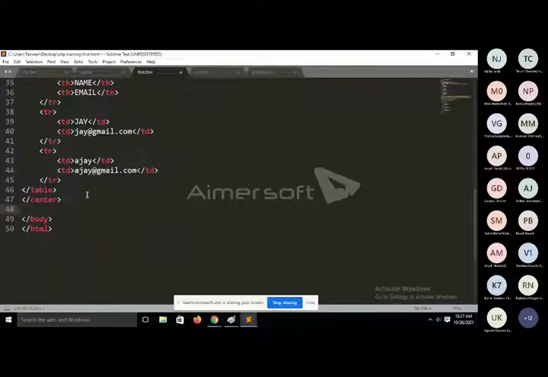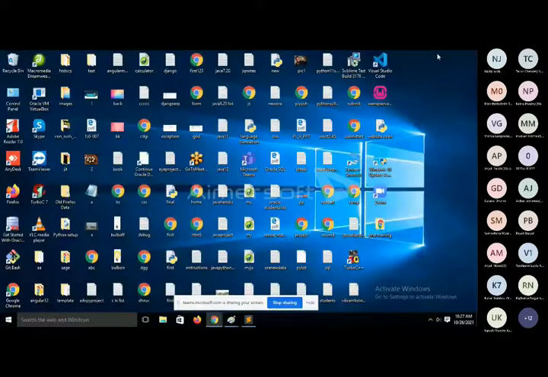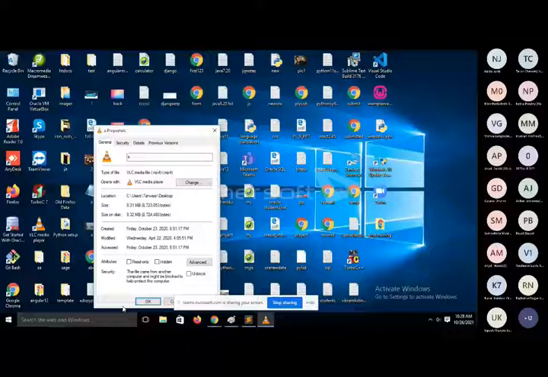So I just want to print a video. Let's see, we have a video on the desktop. Yes, we have a video. Right click on this video, then go to properties. Inside the properties, you can see the video name is a and the video type is MP4.